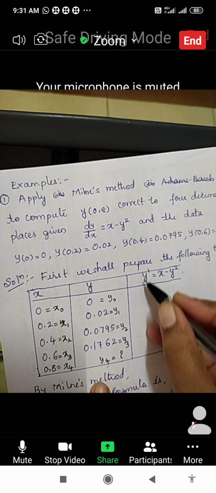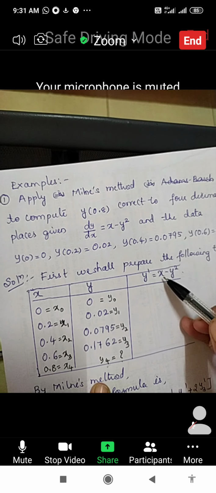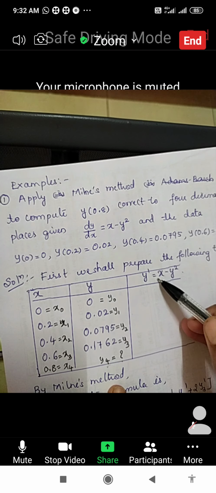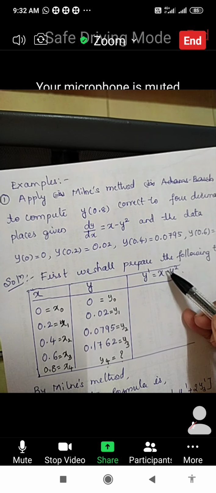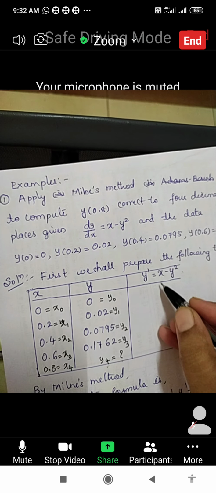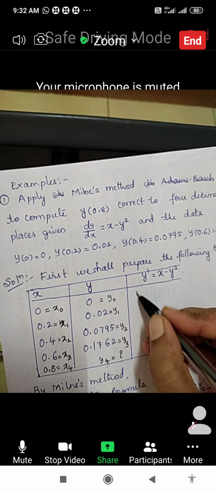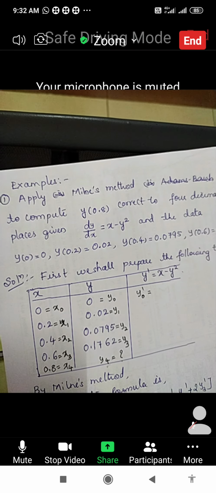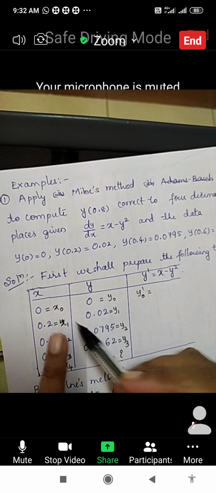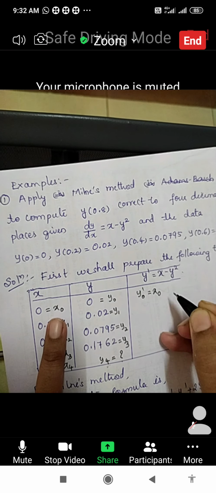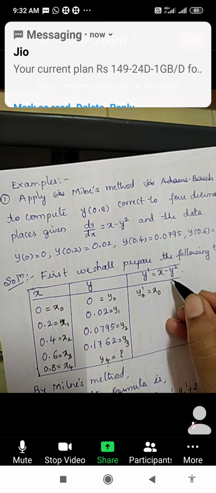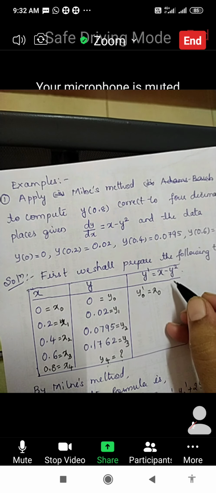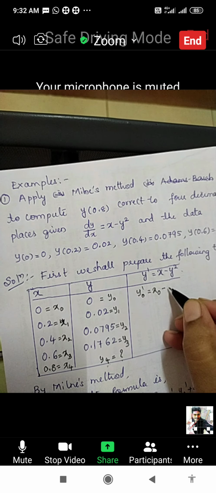Now what we have is y dash. Y dash, if you see, depends on x and y, correct? But the main important thing is that x is the independent variable. When x is changing, only then y changes and y dash changes, right? So I want to calculate y naught dash. Then I have to change x to x naught, and if x changes to x naught, y changes to y naught. So this is now y naught square.